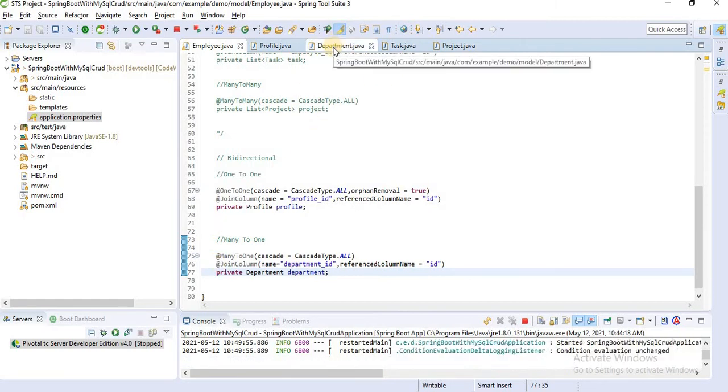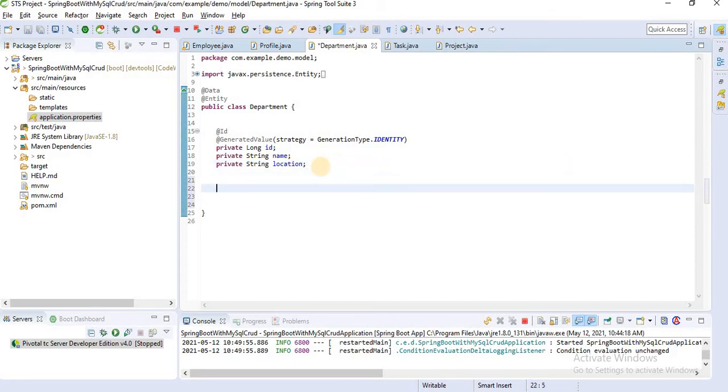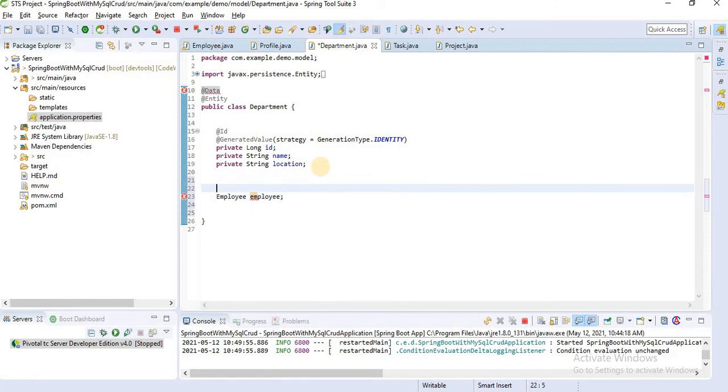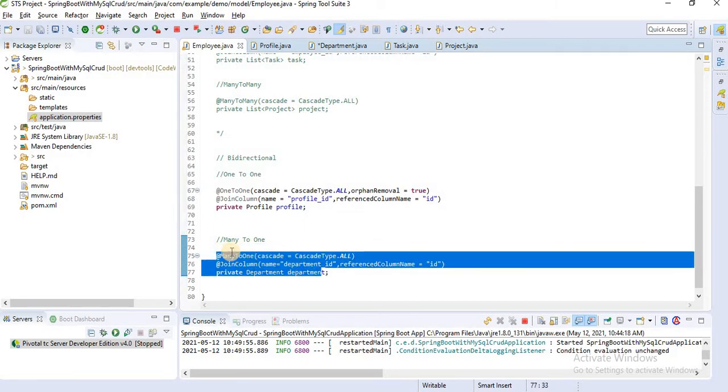Go to the department entity class. Here define employee. In the employee class we define many to one, but in the case of department we define a bidirectional mapping. That's why we define many to one here, and in the parent table we define one to many.